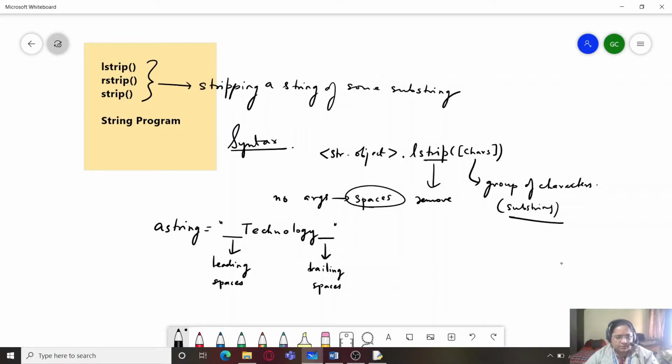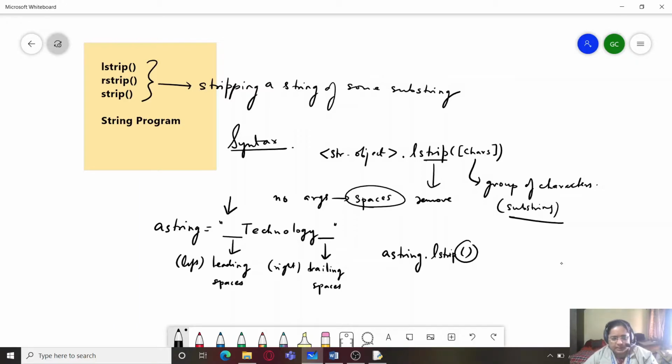So what we can do is call this function. We will write a string dot lstrip, and if we simply write lstrip without any arguments, it will remove the spaces towards the left edge of the string. This is the left side, so we have spaces here at the left edge, and here we have spaces at the right edge.